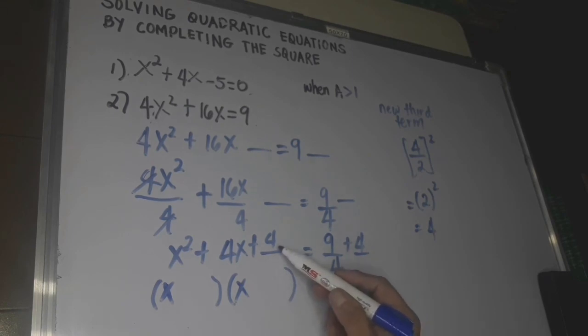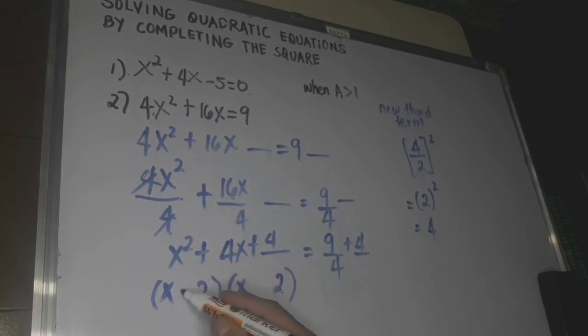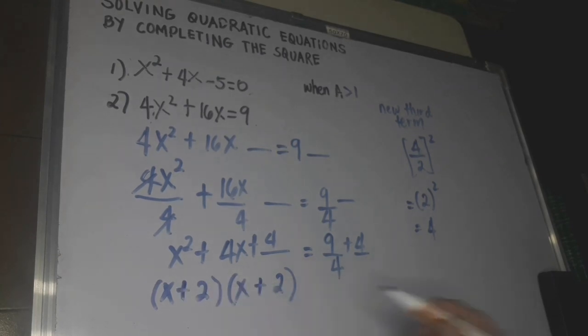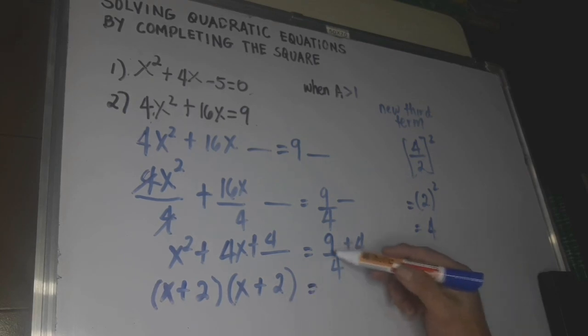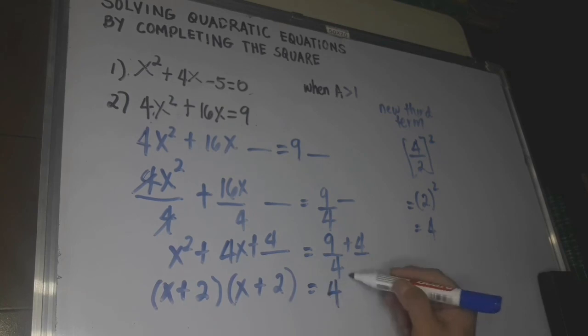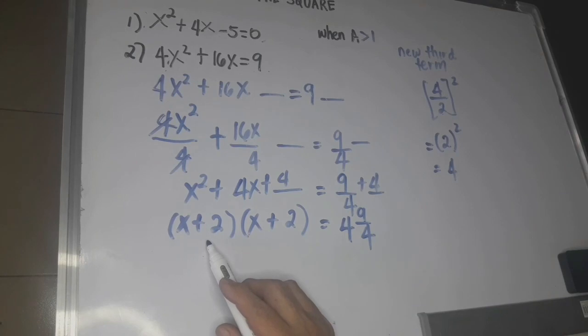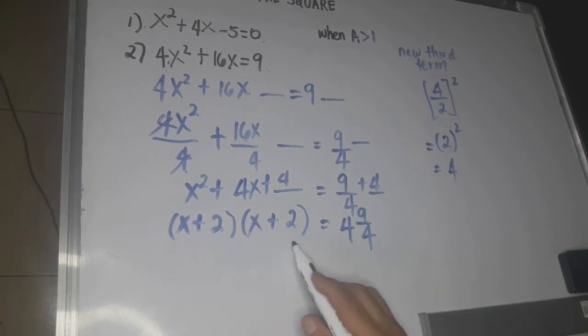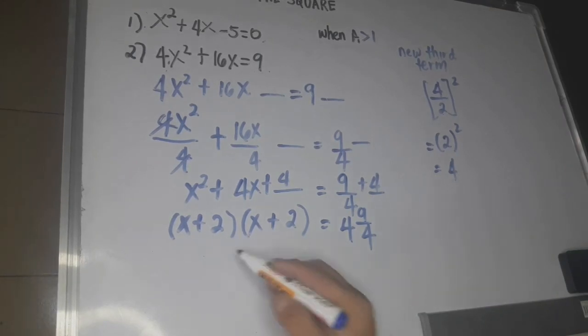The factors of 4 are 2 and 2, and then we have positive. Then since we're adding now a whole number and a fraction, let's add 4 plus 9/4, which becomes 4 and 9/4. Then since these two are identical factors, we can write